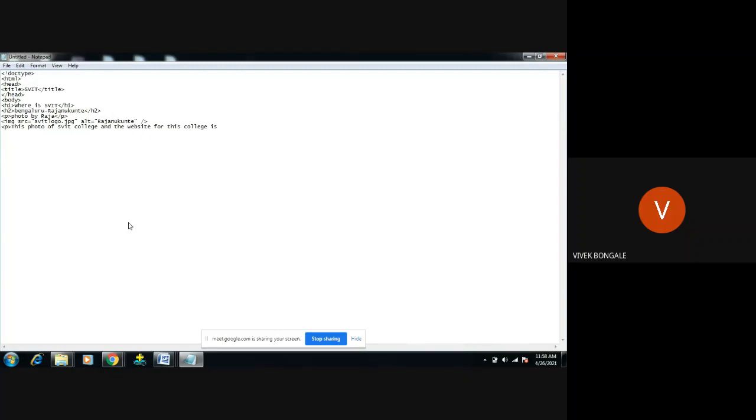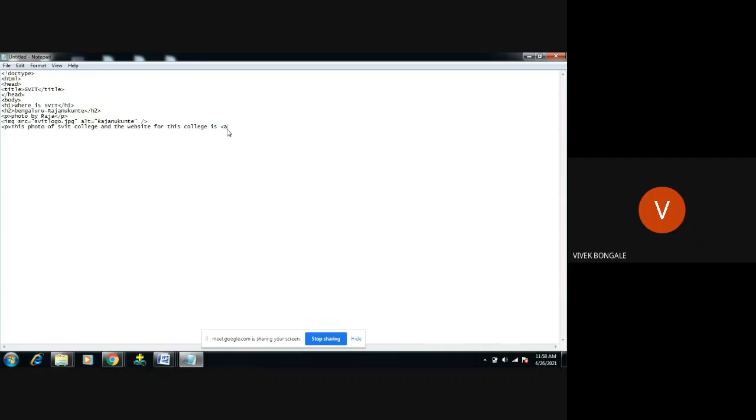Okay, if the user clicks on any word there, it should direct towards the college website. So for that we're going to use a link, it is a hyperlink, right? To create any hyperlink in the HTML code, which tag are you going to use? Anchor tag, correct?